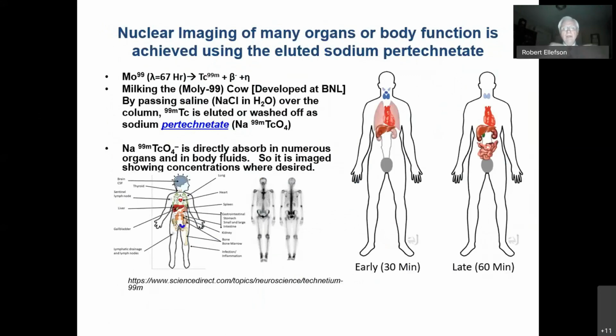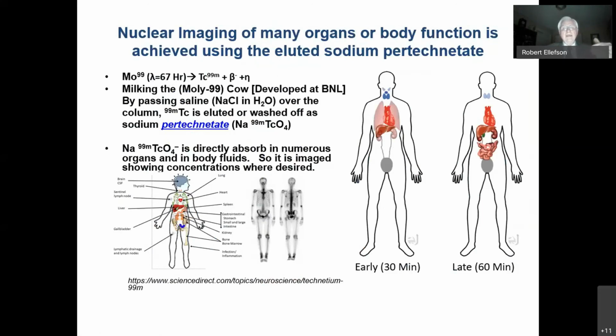Let's go through the chemistry, which originated actually at Brookhaven National Laboratory. Technetium-99 comes from the radioactive decay, the beta decay of molybdenum-99, 67-hour half-life. And the technetium-99 is another metal that accumulates along with the molybdenum. So there's betas that are given off during that decay. And as the technetium accumulates on the surface,